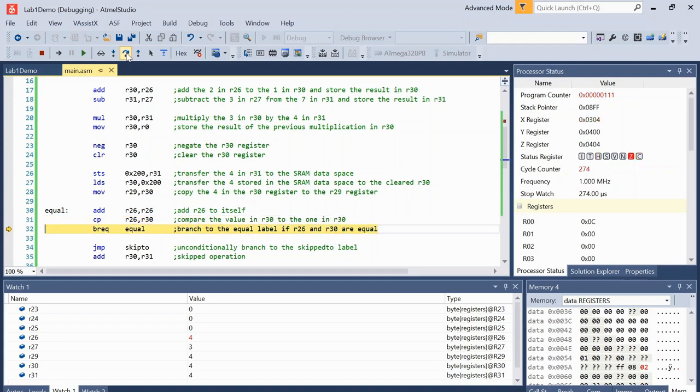And then we are comparing R26 to R30, the value of each, and it is comparing 4 to 4. And so it says branch if equal to equal. So if R26 and R30 are equal, then the zero flag will go on in the status register, which it does over here, which means that they are equal and the branch will execute, and so we will return back to the equal label. And so we do that, and now we add R26 to itself again, which gives us